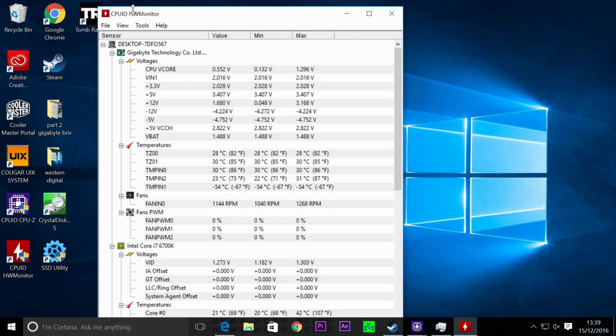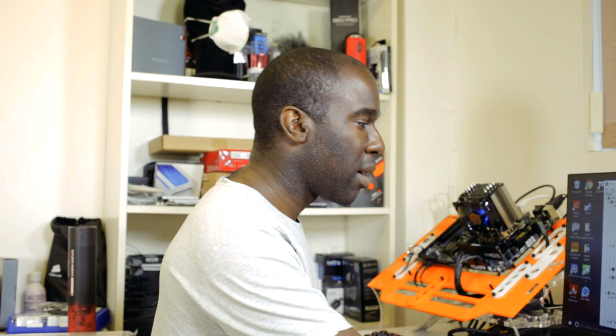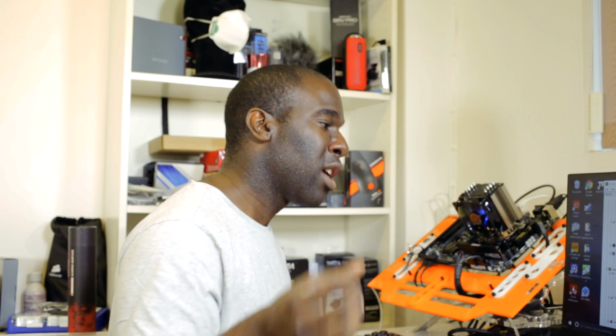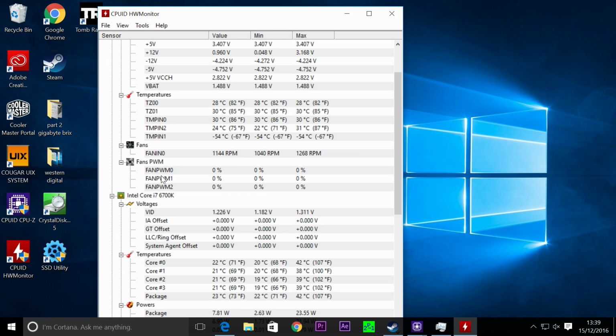ID HW monitor. Now all the software is all up to date because you've got to keep current, because everything always keeps changing all the time. Graphics card, CPUs, everything all the time. So at the moment we've got rotations per minute, which is said on the box 800. Now this has been running for at least 15 minutes, and it's at